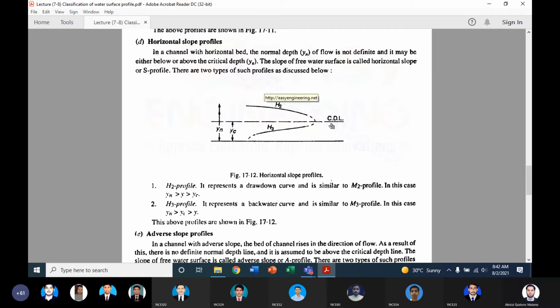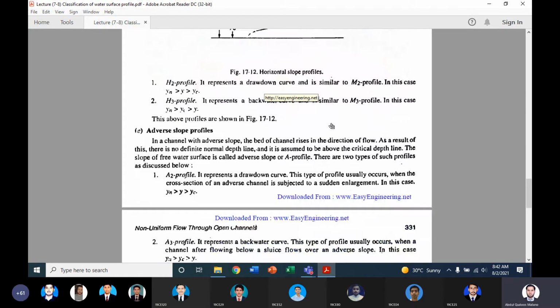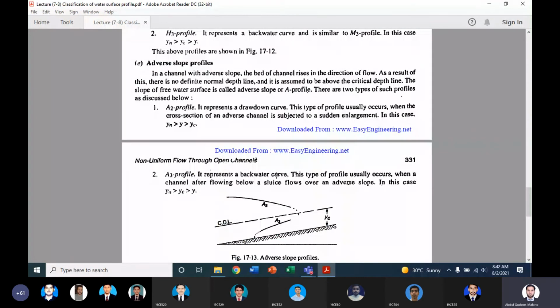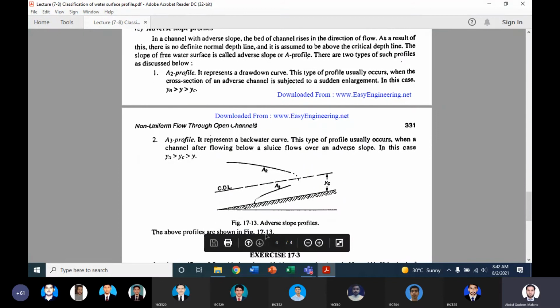Clear, sir. Yes, sir. Okay, then we have the last type of the slope. This is the adverse slope. Now adverse slope, the name indicates adverse. It means this is going to rise in the direction of the flow. Now the property of the water is to travel from the higher potential towards the lower. अब ये flow की direction में अगर जो rise हो, तो इस केस में क्या होगा?